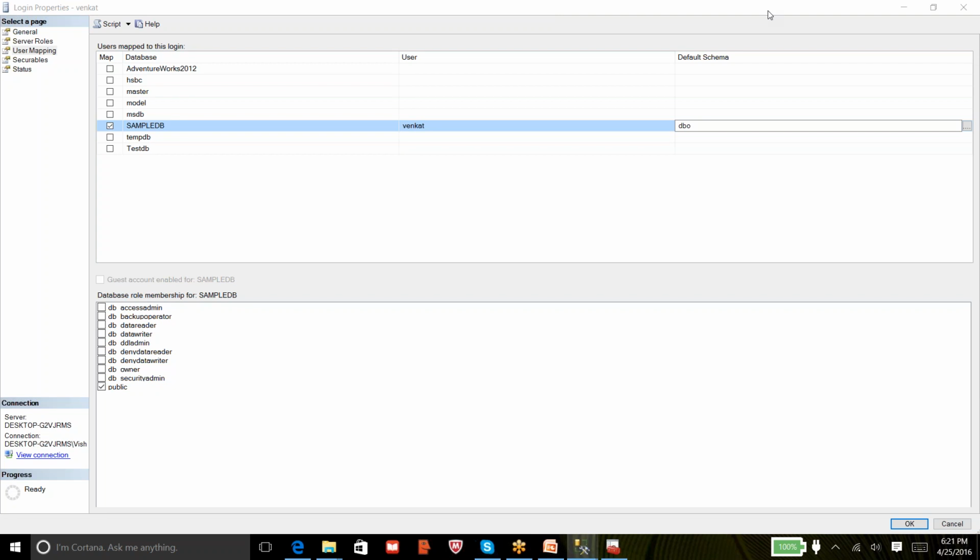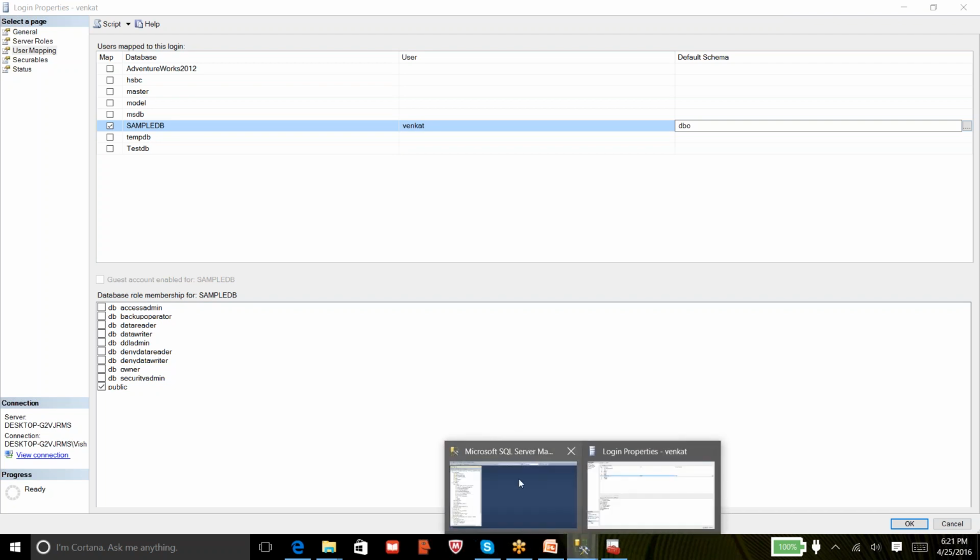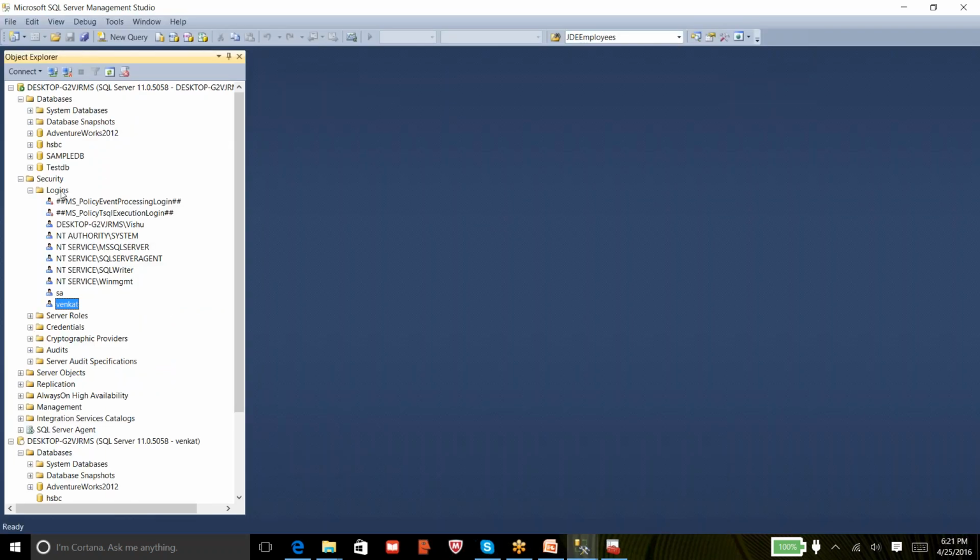Maybe you will get some request from a user. Let's say if I'm David, I will drop you an email and say, Venkat, can you please grant me read and write access on a sample DB database on so and so instance. As I'm part of an AD account, what you can do is go to new login,